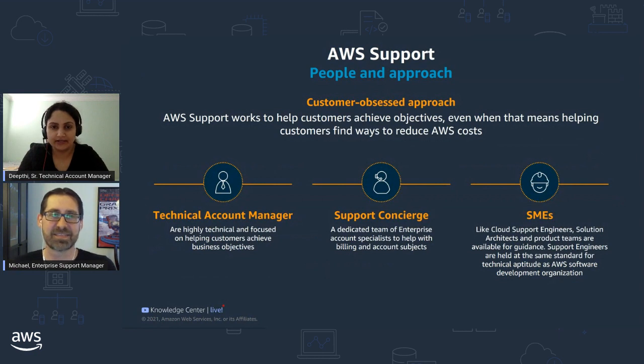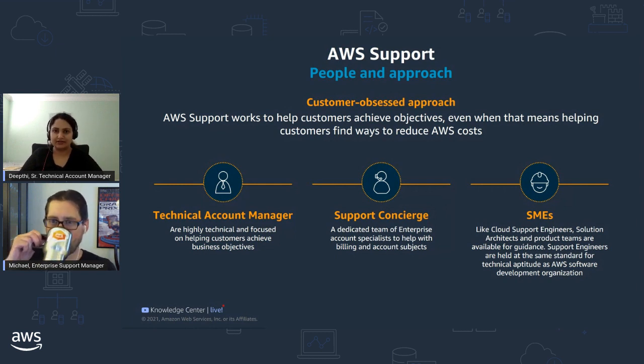All right. So to refresh your memory, Michael in the beginning talked about 3 main facets that make up support: people, programs, and tools. In this slide, I'm going to cover categories of AWS experts you can leverage to make your application run optimally on AWS, especially if you have production workloads running on AWS. The first is a technical account manager. I'm going to go into the role of a technical account manager in the last and next slide. So let me talk about the rest of them.